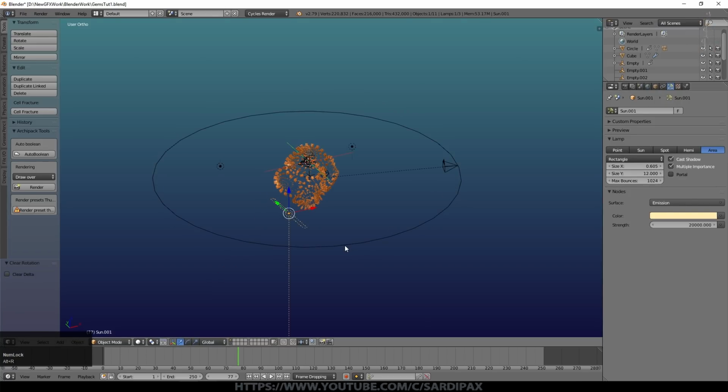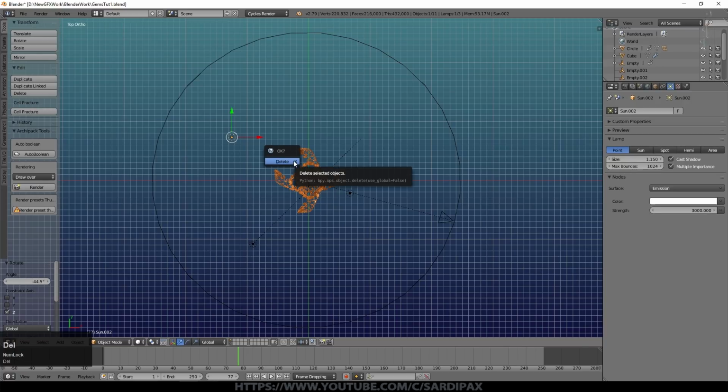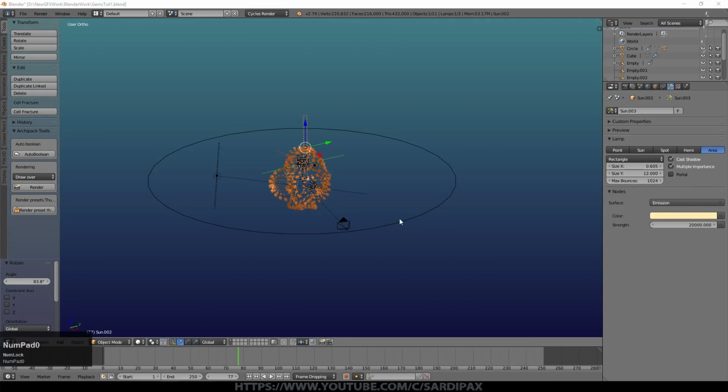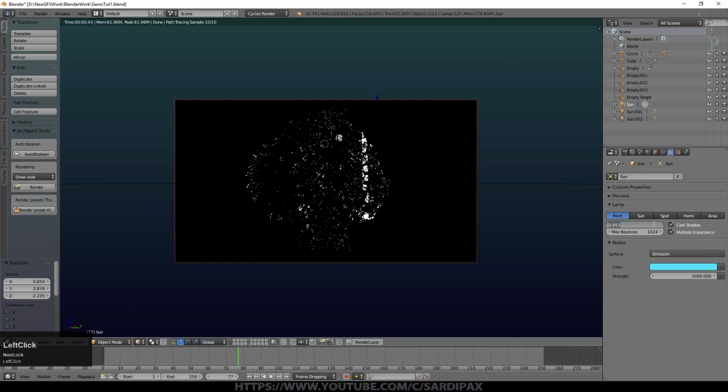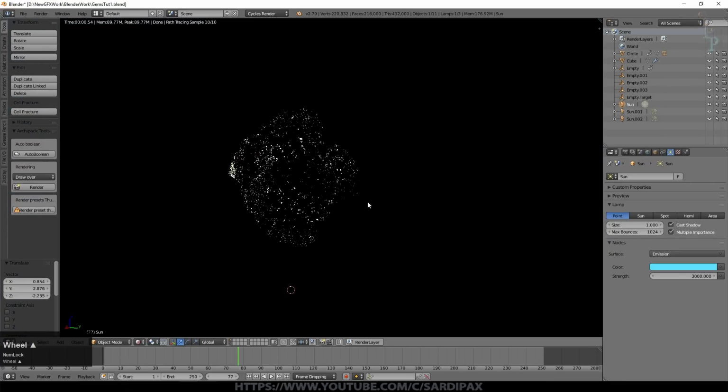I just pressed Alt R to remove all rotations, then rotate on the X and rotate on the Z just to have it pointing really at my main object. I'm just going to delete that lamp there, Shift D to make a copy of that lamp and rotate it to point in towards the center. And then we'll have a look how that's looking. I'll set the size of that lamp now to about 1. So the idea of that is that it just gives us some different colors as we go around.